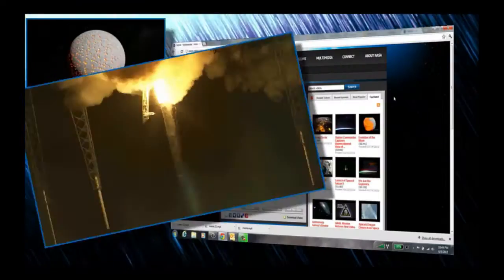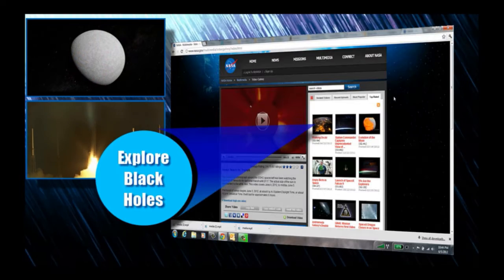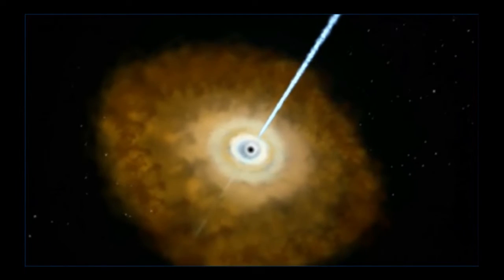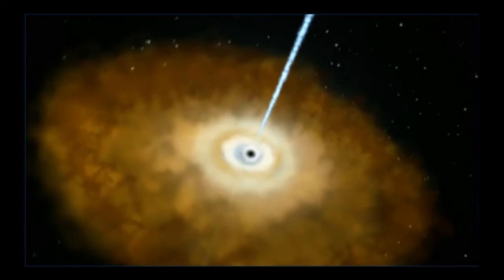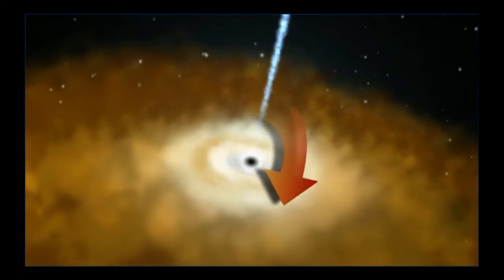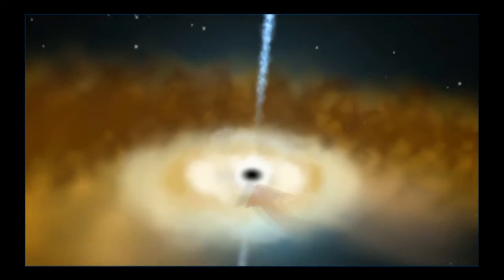SpaceX Falcon 9 rocket. This is the supermassive black hole at the center of NGC 4151. The dark object in the middle is the black hole. Surrounding it,